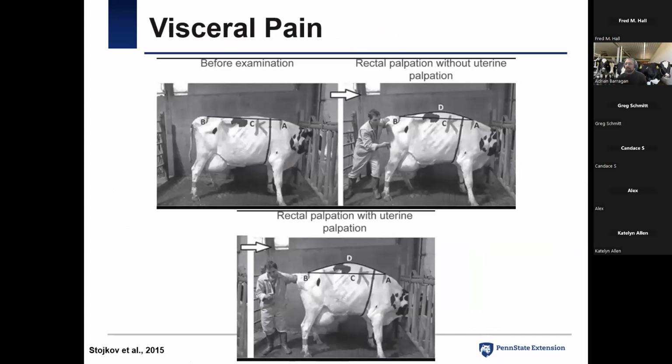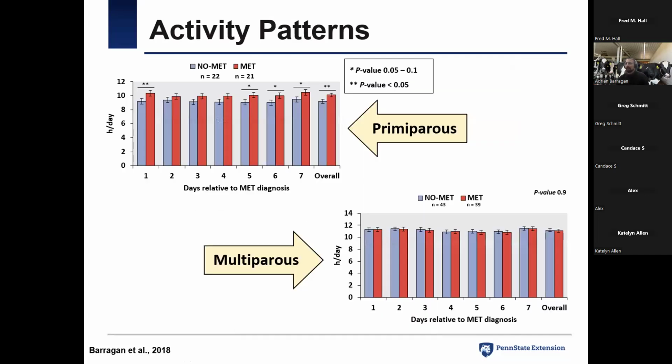So now there's another study that was published a couple of years before the one that we published, and they found that cows with metritis have higher visceral pain as well. They did a palpation and measured how much the animals arch their back if they have metritis compared to the cows that did not. It was a very detailed measurement, but basically the conclusion was that they have a higher arch of their back if they have metritis when the practitioner did rectal palpation.